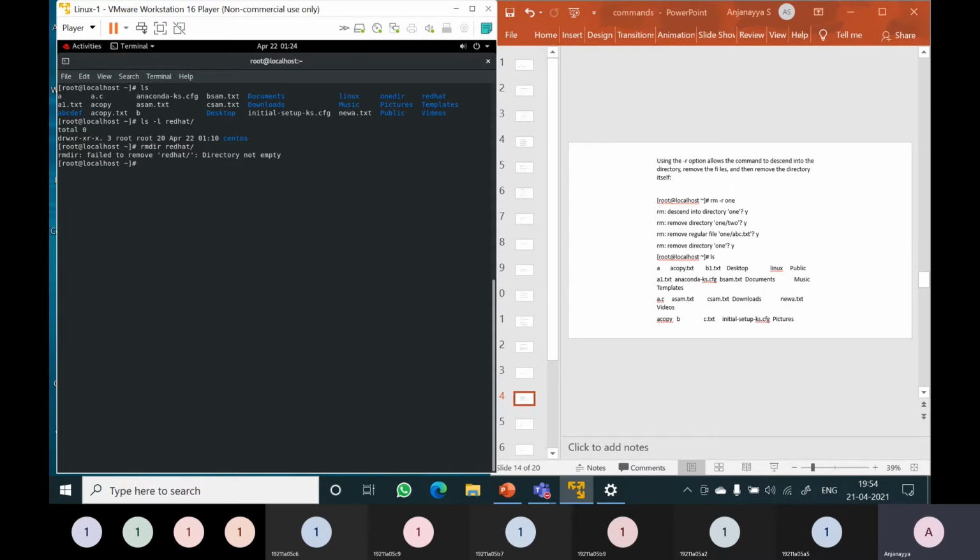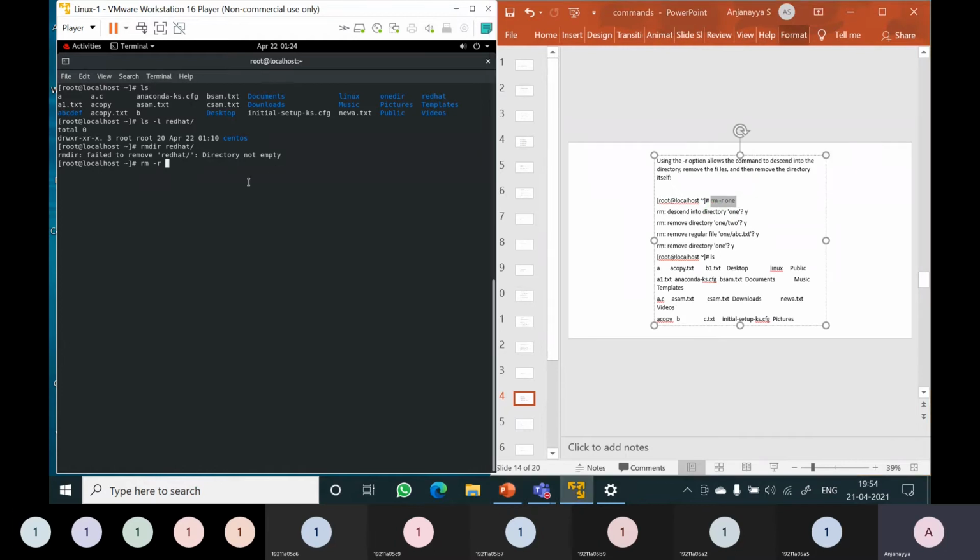So if you want to delete a directory which is containing some directories or files, then I have to use the rm command, rm -r. Using the -r option allows the command to descend into the directory, remove the files, and then remove the directory itself.